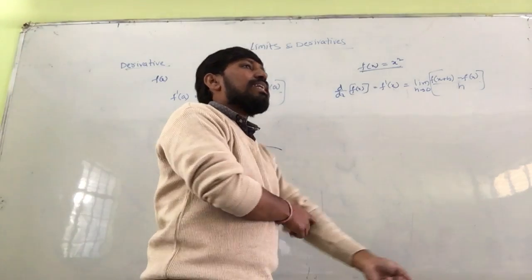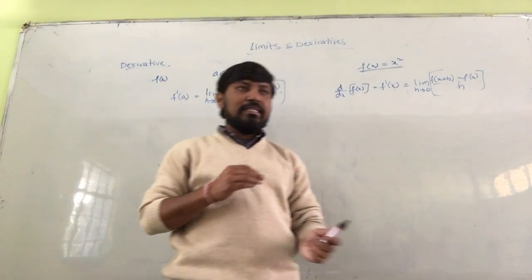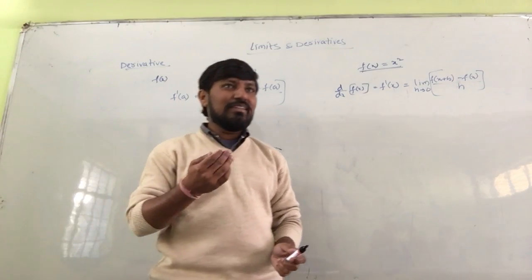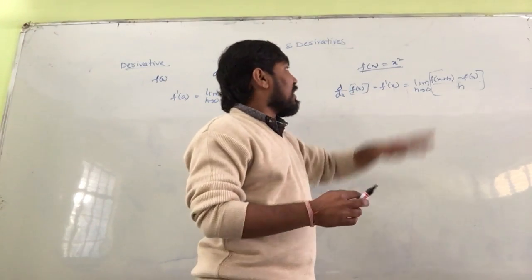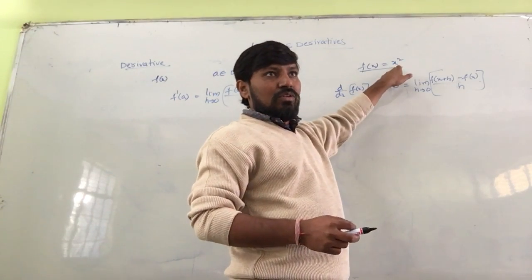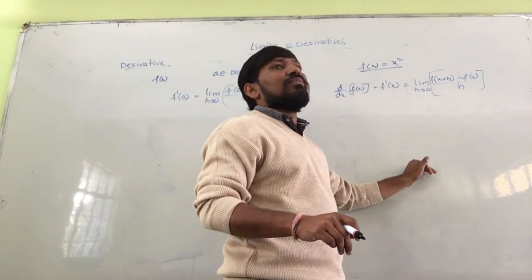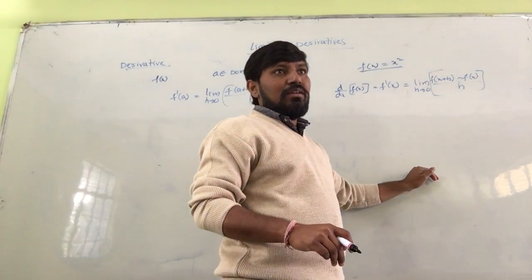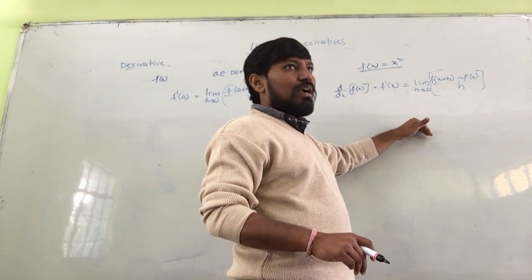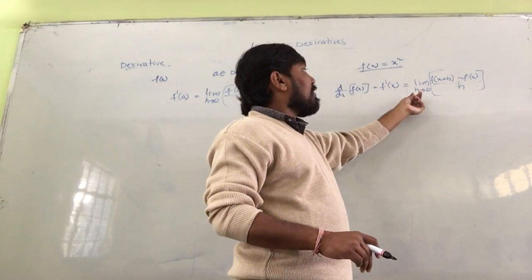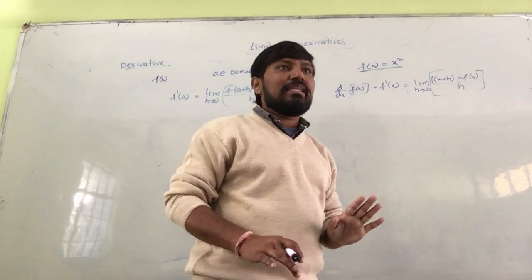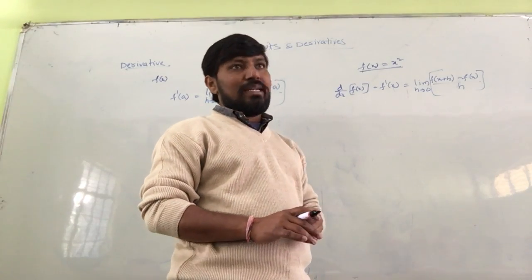We have already seen the derivative formulas, I think, in your physics directly. The differentiation of x square is 2x. But how do we get the 2x? You can check it here. If you want, I'll explain it to you here. Let us take one example. Through that example, you can easily understand.